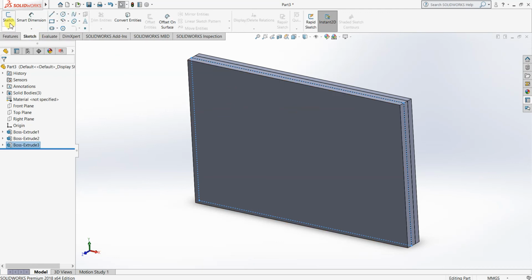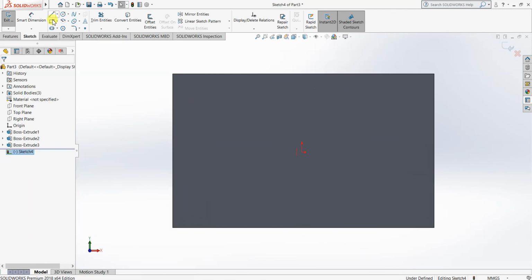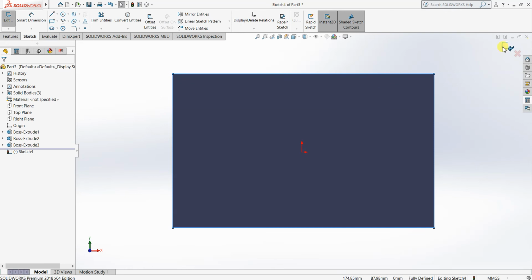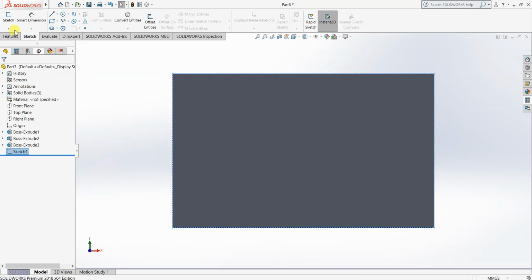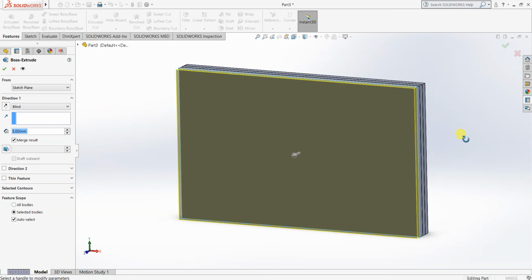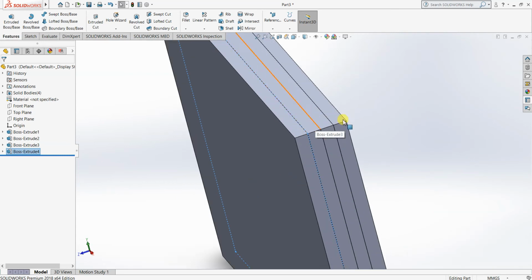Okay, again I'm drawing the fourth rectangular plate over here. I'm selecting the sketch option and setting the sketch to default view. Again I'm drawing this rectangular plate. Okay, I have drawn four rectangles so far. This is the fourth rectangle. I am going to select the extrusion feature. You have to uncheck the merge result so that we have created four plates layer by layer. We have created four plates.